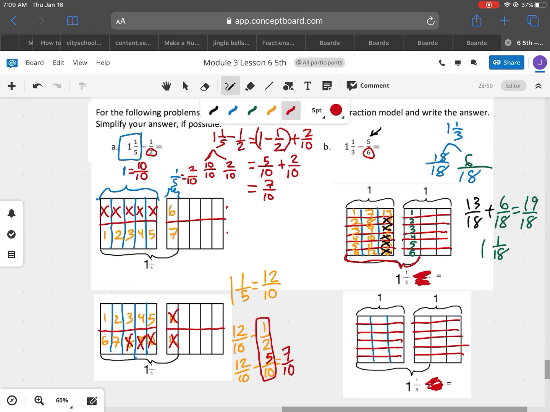Uh-oh. Mistake. Did anyone catch the mistake? Yeah. All right. I need to go back and erase this. Here's my mistake right here. My mistake was that I X'd out only 5/6. I shouldn't be Xing out 5/6. What I should be Xing out is